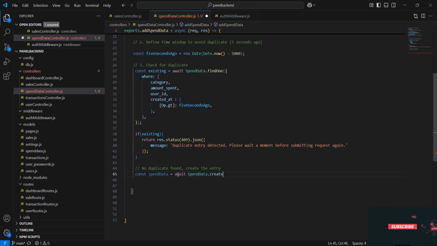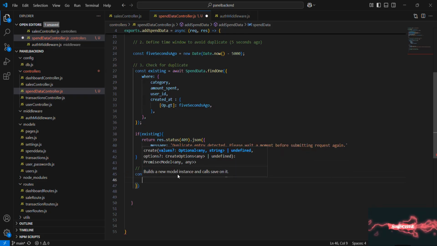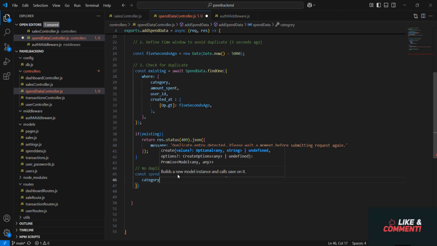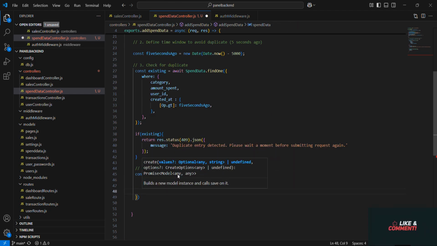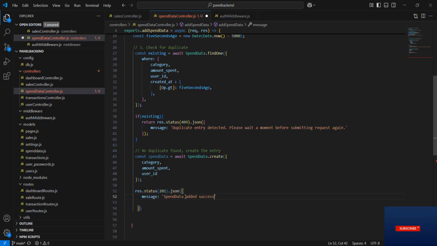If there's no duplicate, we proceed to create a new record using Sequelize's create method. We pass in the category, amount spent, and user ID. Once created, we return a 201 created response with a success message and the newly added data object.